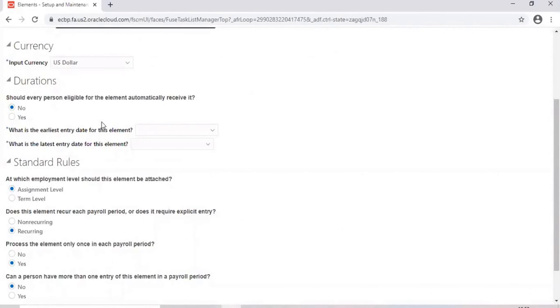You can't update because the element is already processed and element is already defined in a final close. You cannot update. What you can do, you can end date that element and then whatever next period you start, you create a new element with the corresponding last ended process or whatever new requirement. And then attach that element, whoever is eligible for the previous element. That is the only way. You cannot update the element. Such questions may come in your interview.